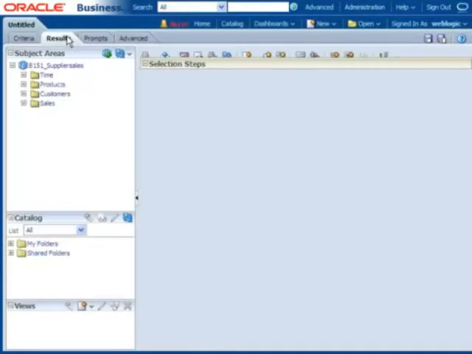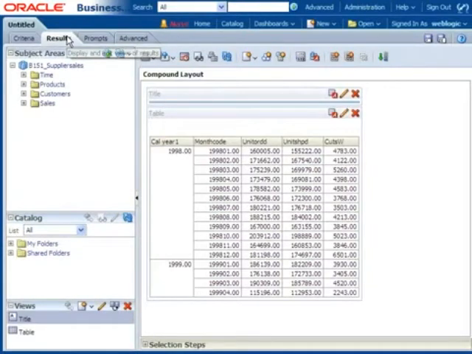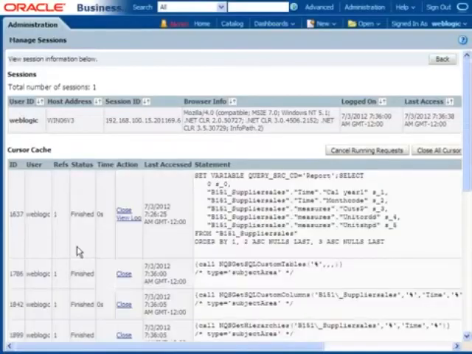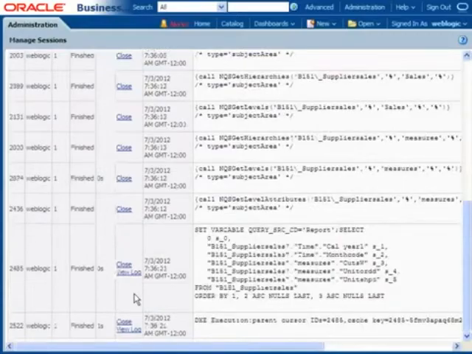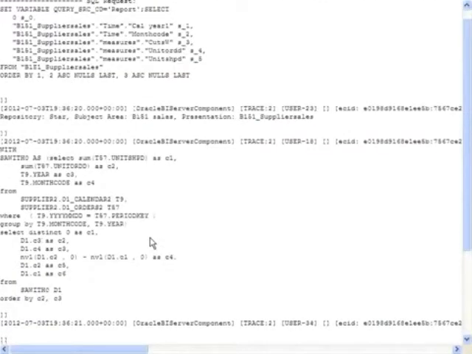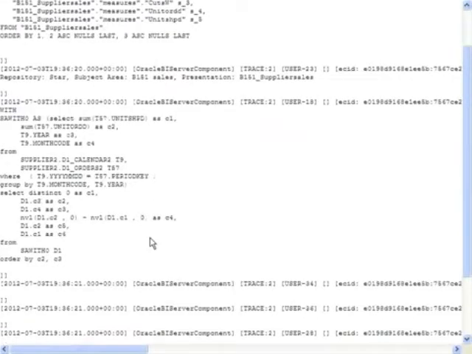If you click on the results, this will also give the same result, or not, sir? The same result will be given, that is 4783. In our query, what is the extra part that will be there, sir? The if null will be the extra part. How to confirm that one? Go to the administration, then click on OK, then click on manage sessions, then go to the bottom and view log. Then, if you see here carefully, what happens, sir? The NVL function is extra, it is there.